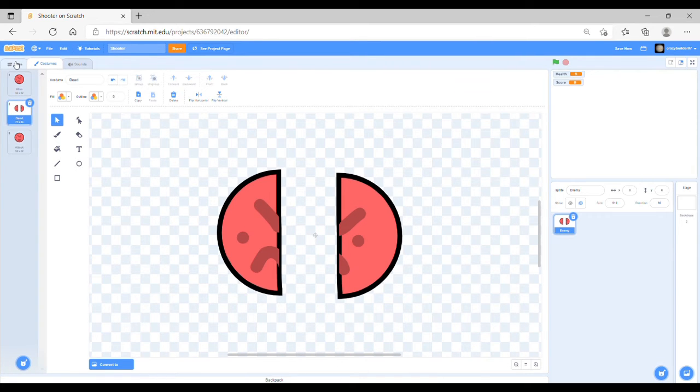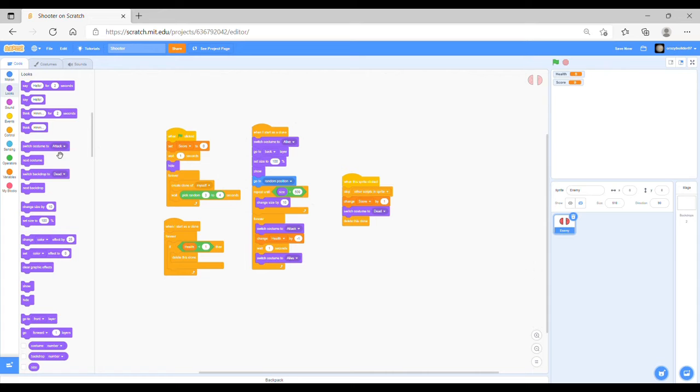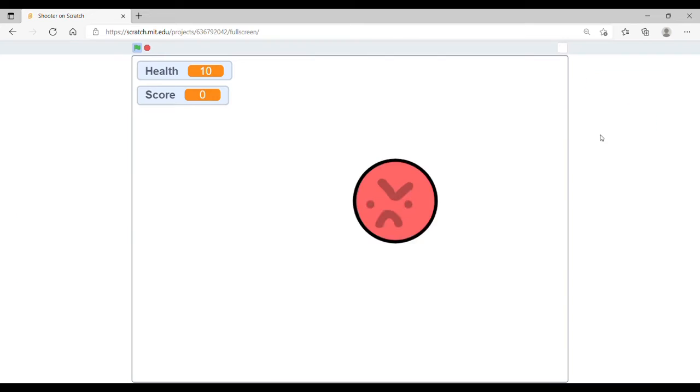Then what you want to do is make it so it changes to this when it is clicked. So to do this, you just have to click onto the Looks tab on the left and use the Switch Costume button and just put this underneath on the very top of the code. And then